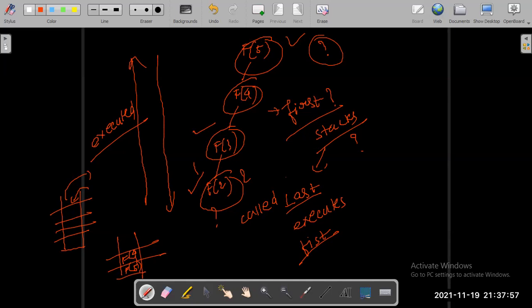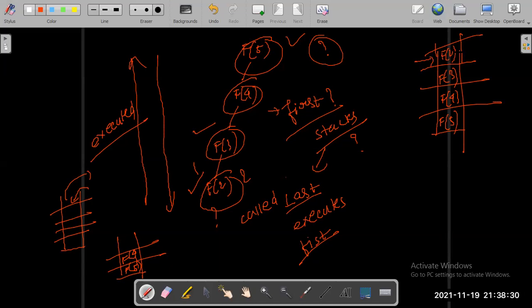Write it somewhere. So this f of 2, you can assume that it resides at the top.